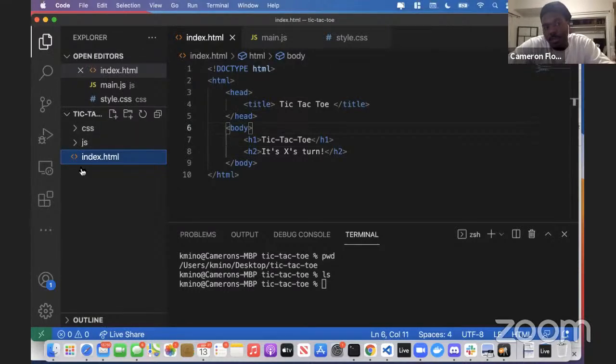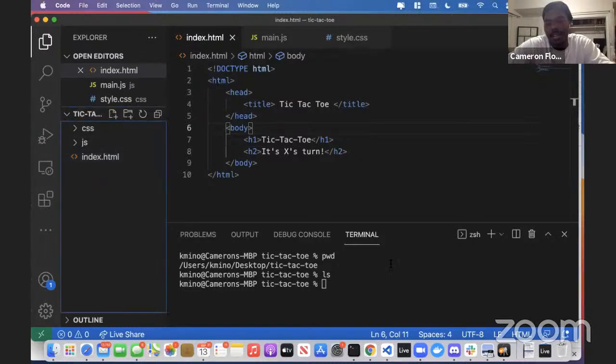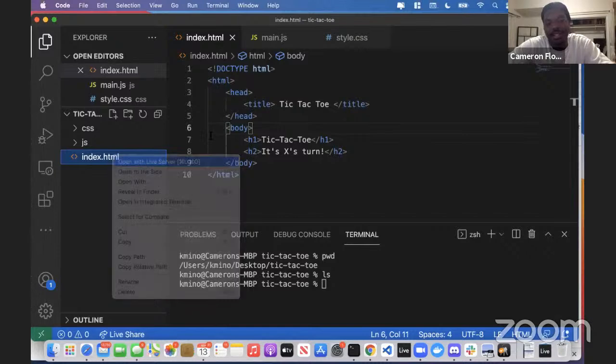The Live Server is really dope because it allows us to create a server inside of this folder that will allow us to see the files inside of this folder a little bit easier from the browser. So in order to run the Live Server, typically the extension adds something to the bottom of your screen that lets you open a server up. But sometimes it doesn't show up. I forget why it doesn't do that for me. So typically what I would do is just right click on the file that I want to show up, which in this case is my index.html file. And I can say Open with Live Server. And when I do that,